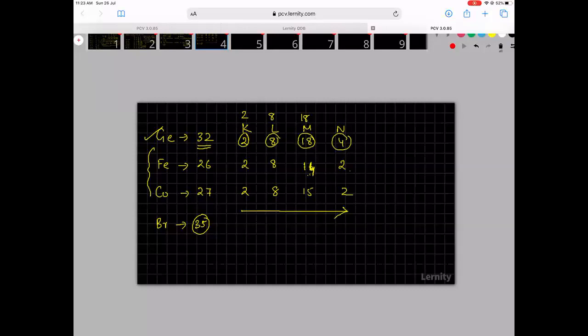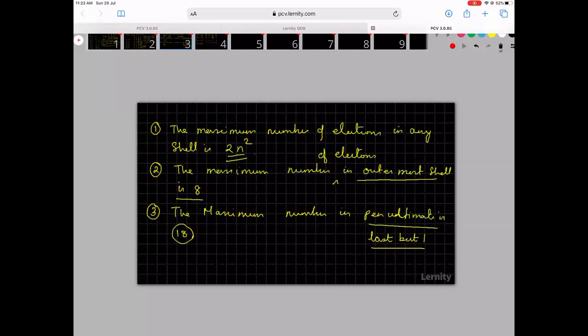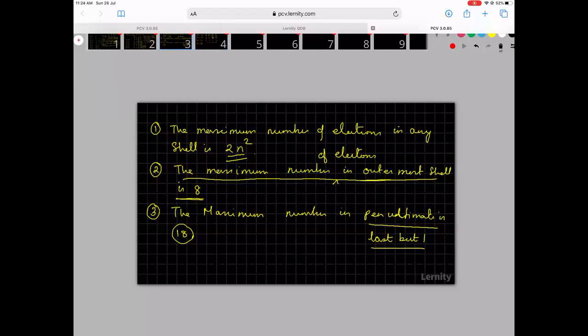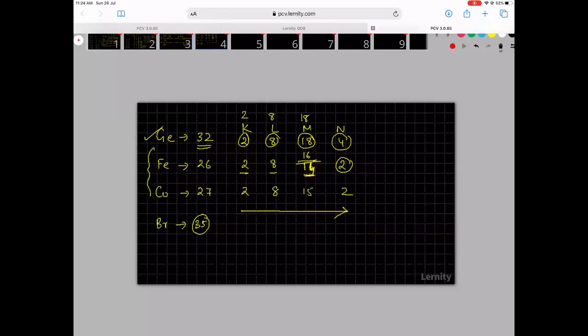Now in iron, it becomes 2 here, 8 here. Now the total left is 16. I can put 16 here, but if I put 16 here, I am violating Bohr's rule that the maximum number of electrons in the outermost shell is 8. So I can't put 16 here. There is going to be the next shell. So now the exceptions are starting. What is seen is that 2 come here, and now this is not the last shell, this is the last but one shell. In the penultimate shell, the maximum number of electrons is 18, so this is less than 18. So it is perfect. Cobalt, perfect.